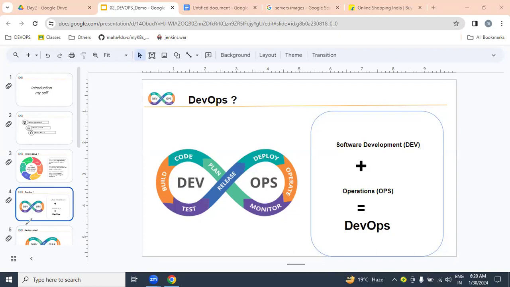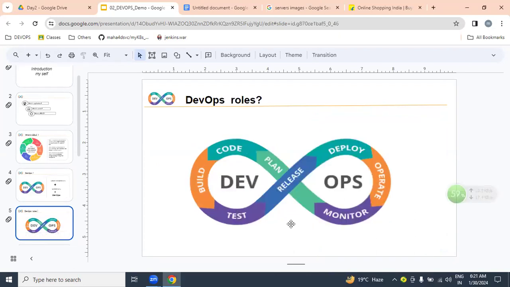That means our roles and responsibilities start from the dev environment and end with operation. Means we are part of coding, building, testing, release, deploy, operation, and monitoring.